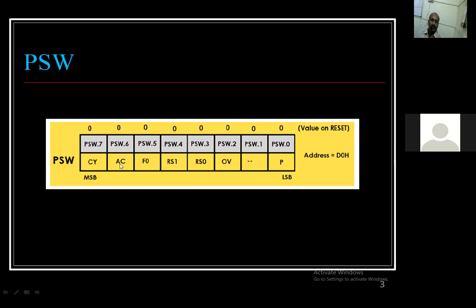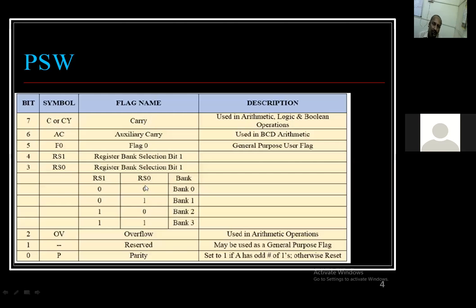The carry and auxiliary carry are limited to arithmetic operations. But we are supposed to remember the working and importance of this PSW register. And RS1, RS0 decide which bank is going to be used for storing the data.